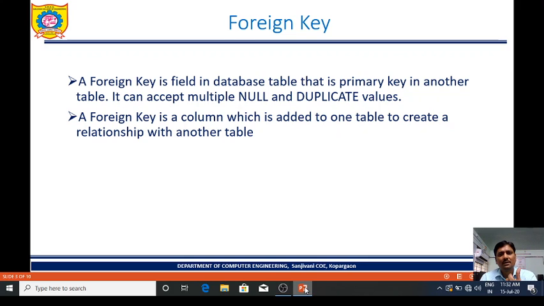So take table A and table B. In table A, suppose customer ID is a primary key, then that customer ID, if I am going to add in the second table, then it will become foreign key. And these two tables are going to create relationship with each other. A foreign key is a column which is added to one table to create a relationship with another table.